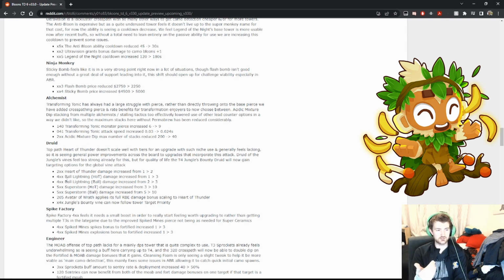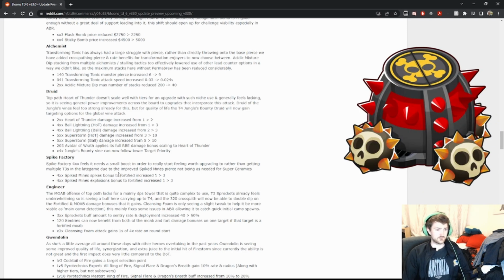So X4X Jungle Bounty's Vine can now follow target priority. This makes me happy, chappy. This makes me a very happy chappy. Good changes, good changes. Okay, so